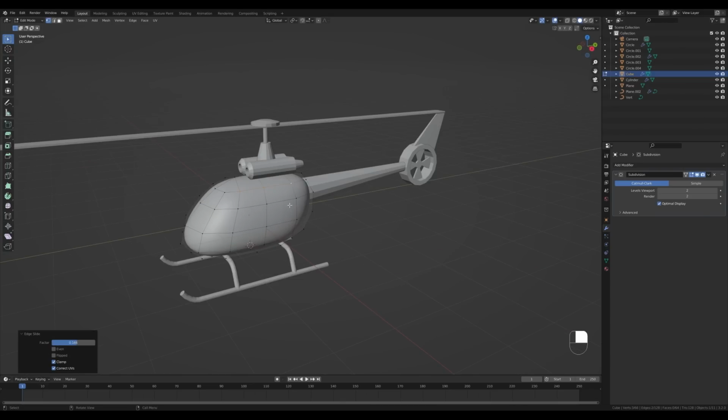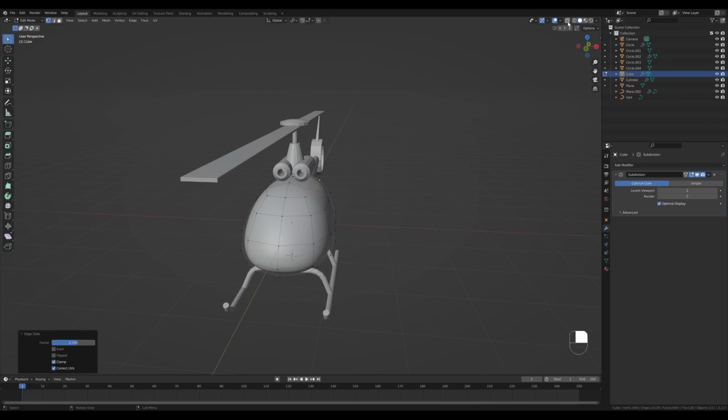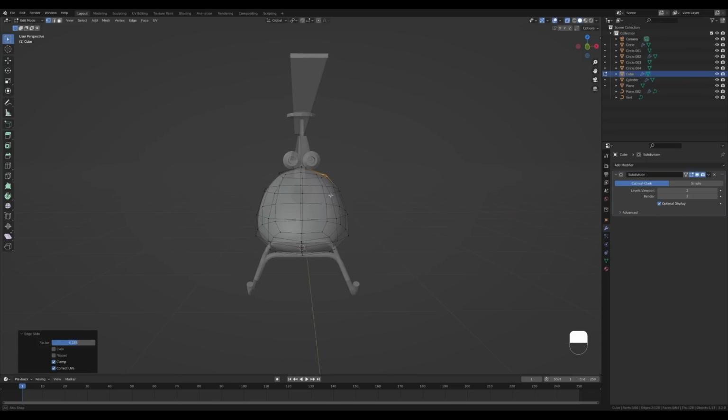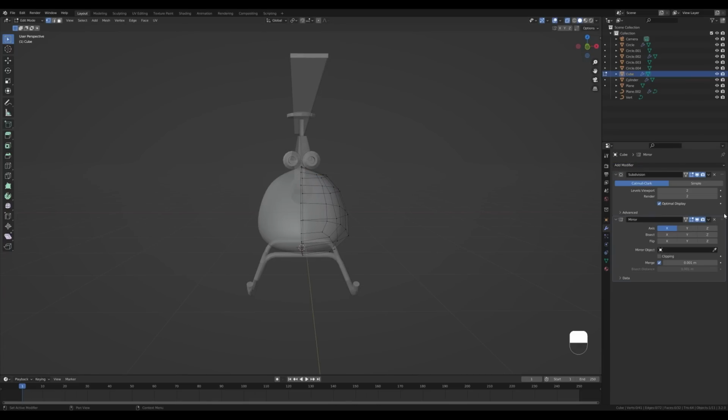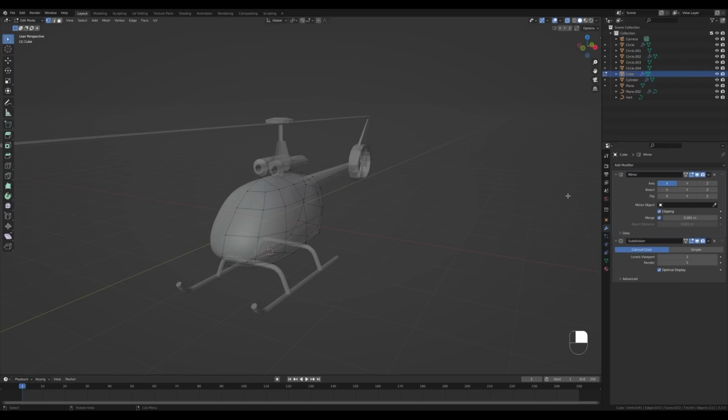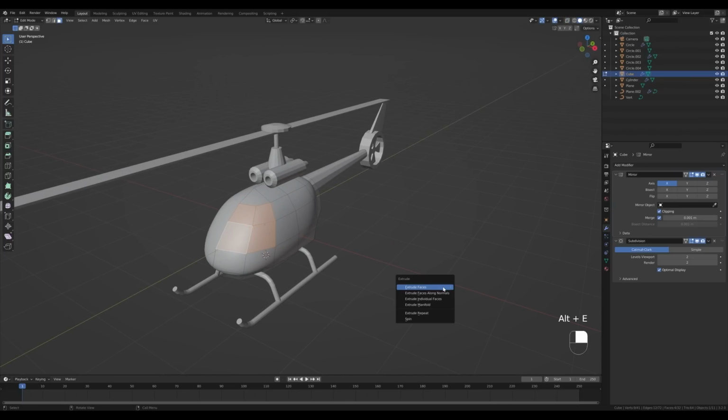as well. And now to make this a little bit easier, let's enable X-ray again, and let's look from the front and delete all of these vertices on the side there, and let's enable mirror modifier and move it in the stack on top and enable clipping. Don't forget to do that. And now let's go for face select, disable the X-ray view, and now let's select these 4 vertices, press Alt E and extrude faces along normals.